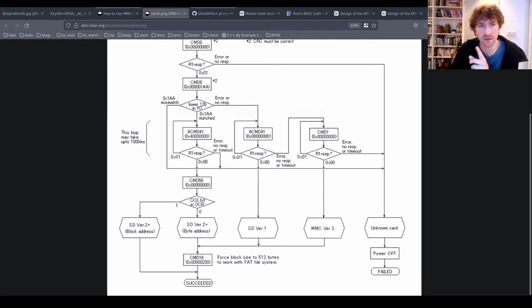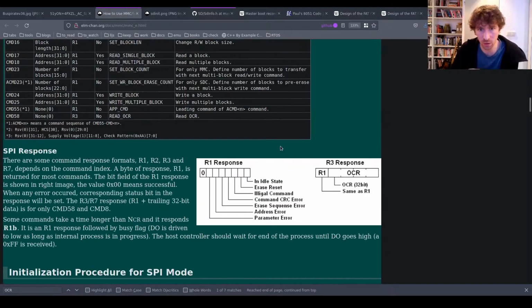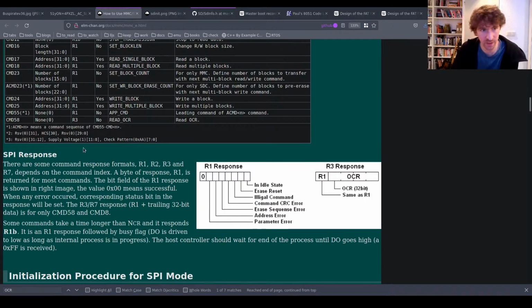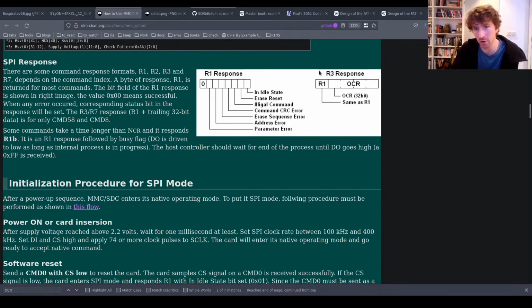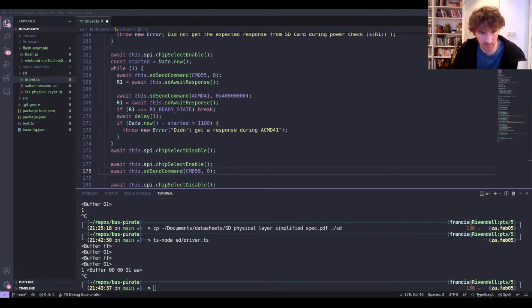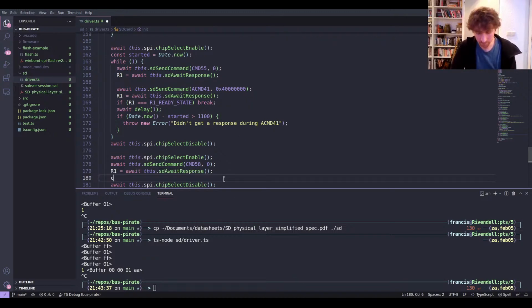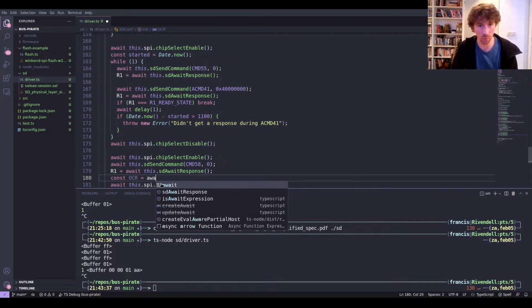I think we're going to get what is called an R3 response to that. Let me just double check that. Yeah, we get an R3, which means we get an R1, and then we can receive the OCR. So let's do that. Let's get our R1 response, then let's get our OCR, and we can do that by saying await